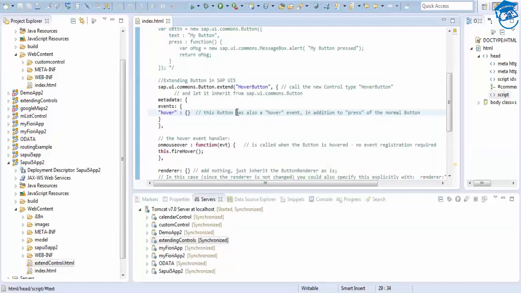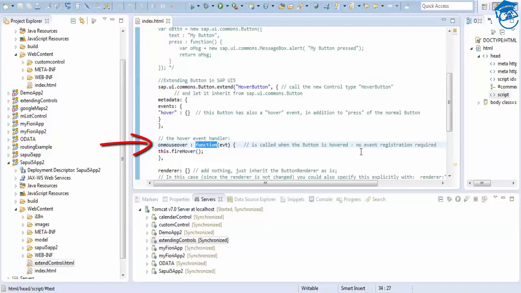That's it. Then we close this meta information, and then we have to give onmouseover. So onmouseover is for this hover.